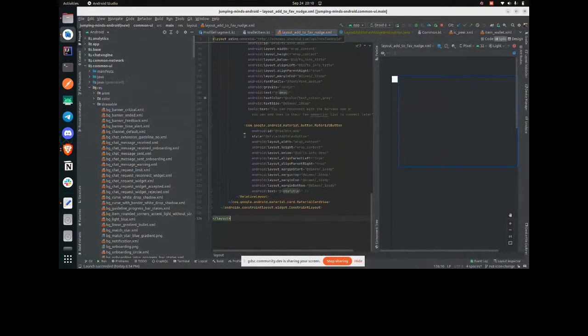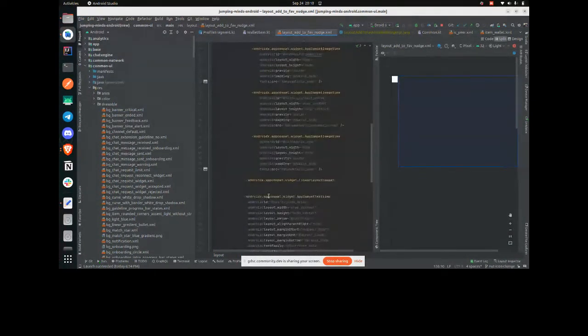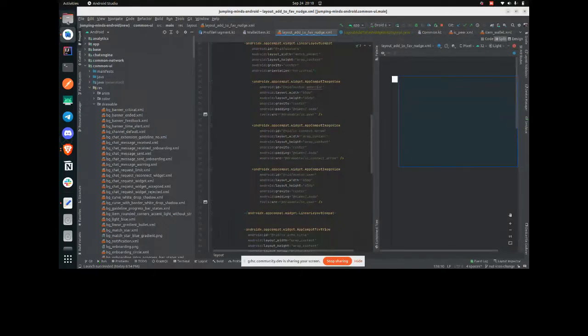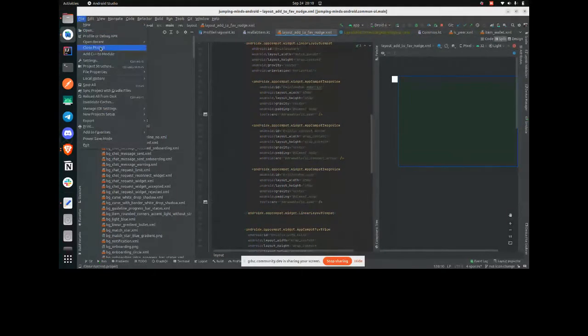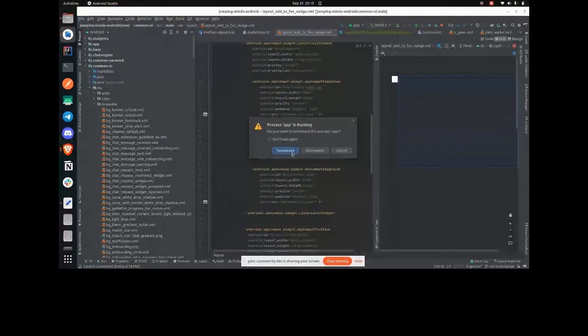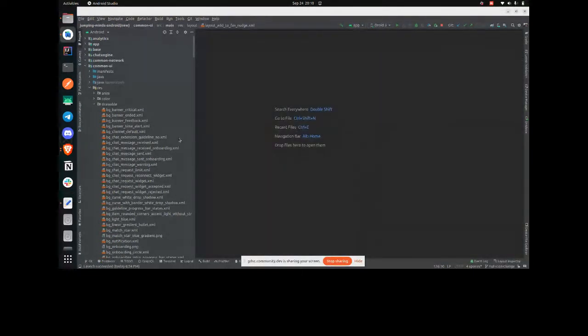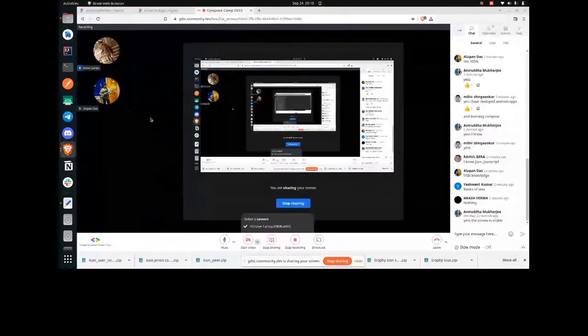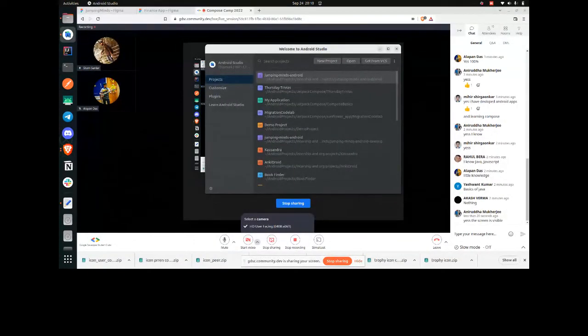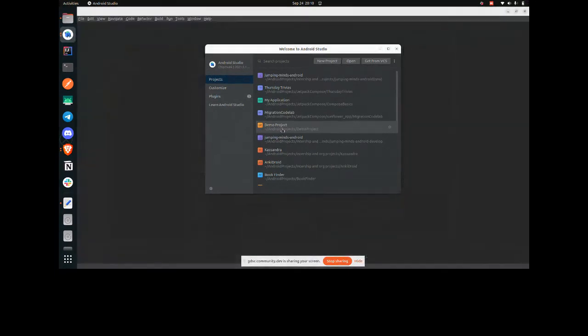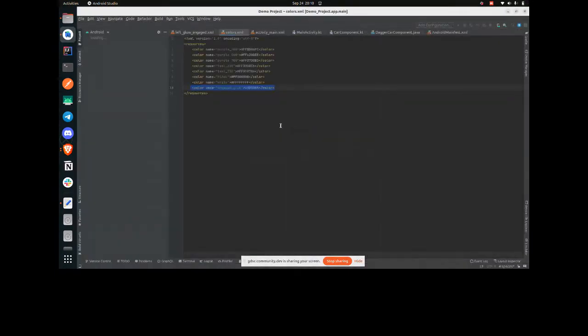This kind of thing is called XML. Okay, and let me close that. And here, okay, some application. Let me show you. So previously, what happened was that